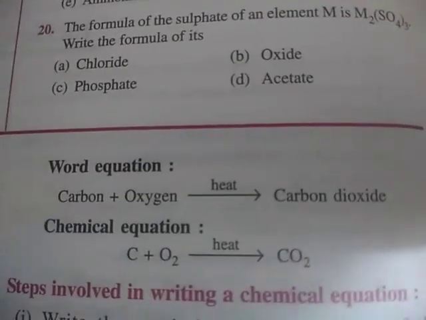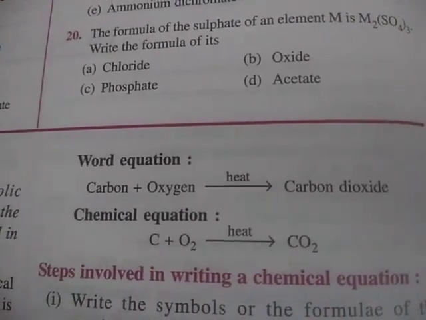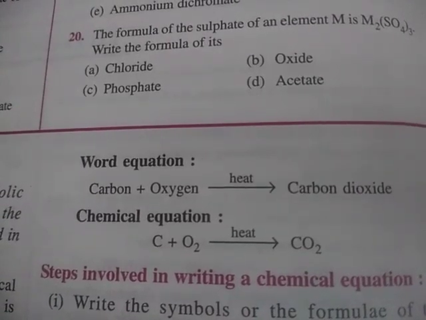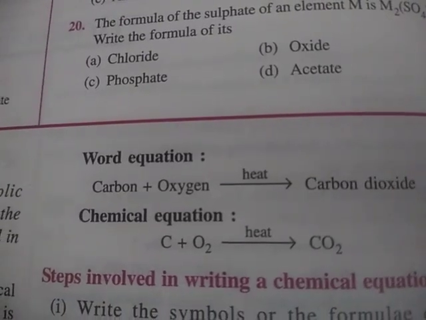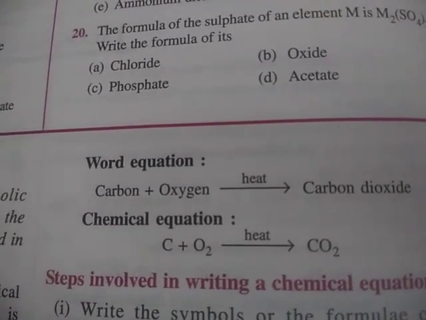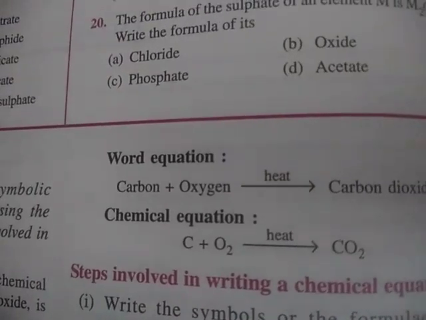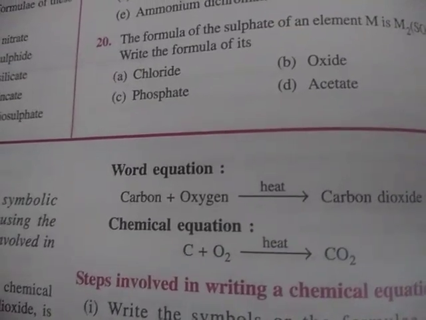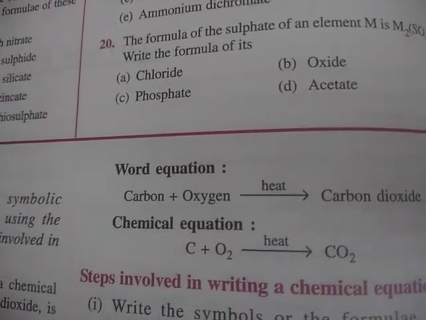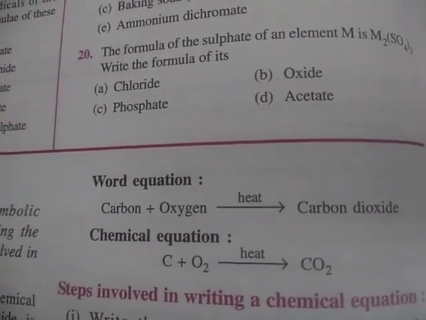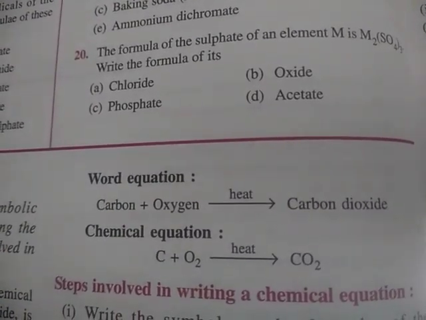Like this reaction, you can see carbon plus oxygen in presence of heat. When carbon is heated in presence of oxygen, carbon dioxide is formed. So for carbon, the formula C they have written. Oxygen, we know it exists in molecular form, O2, and then carbon dioxide formula is CO2. You also know that the species present on the left hand side of the arrow are reactants, and the right hand side ones are called the products. So here CO2 is the product and carbon along with oxygen are reactants.